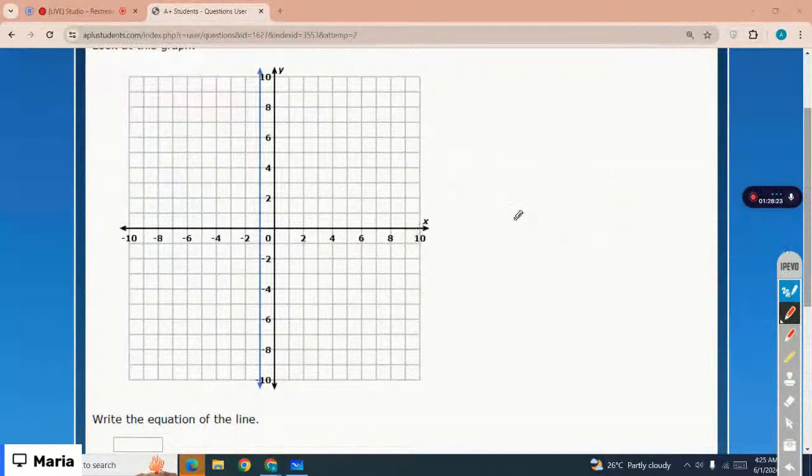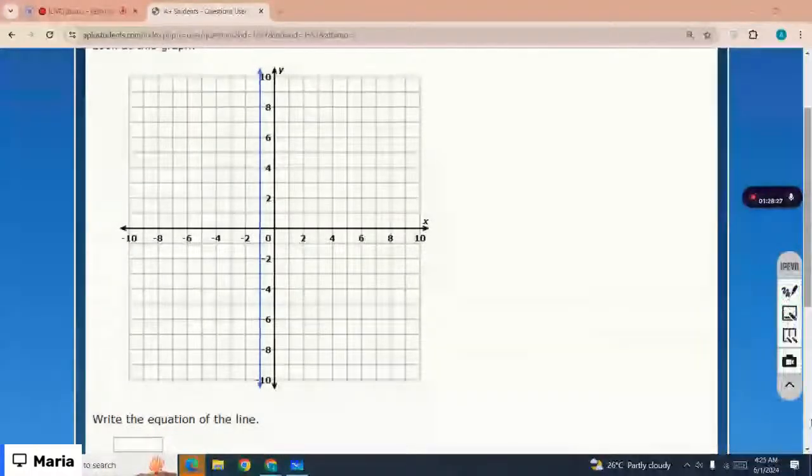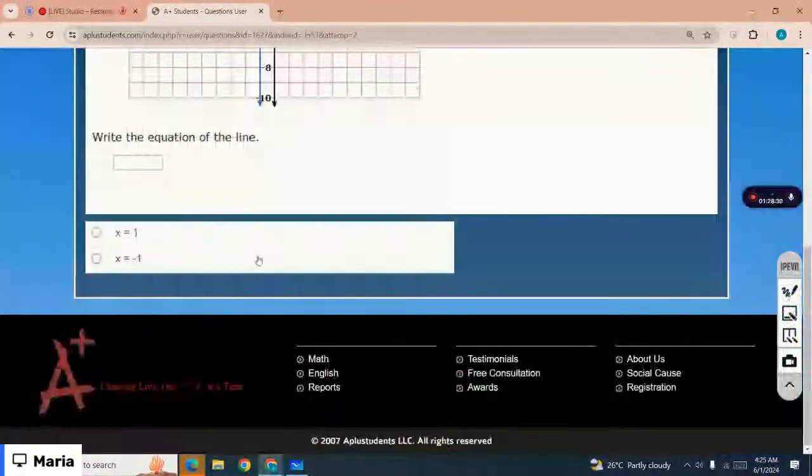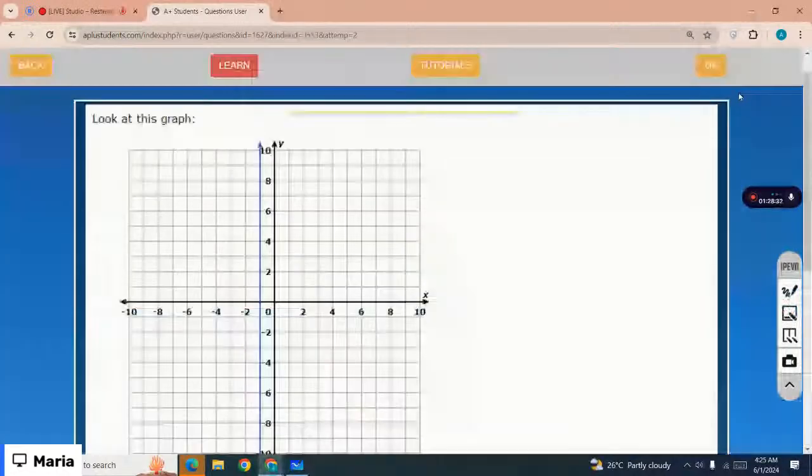Okay, so the correct option is x equals -1. Okay, the next one is